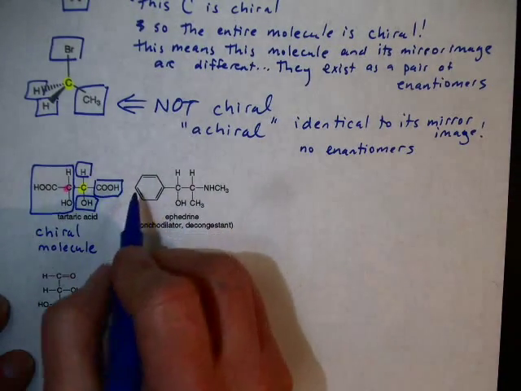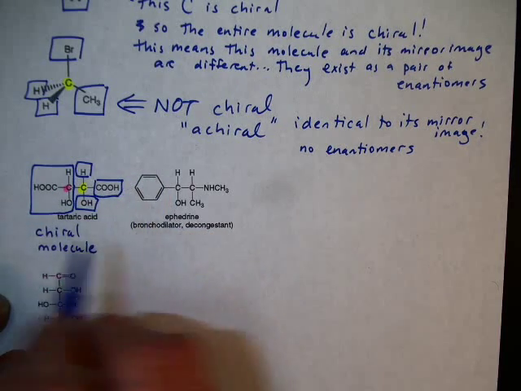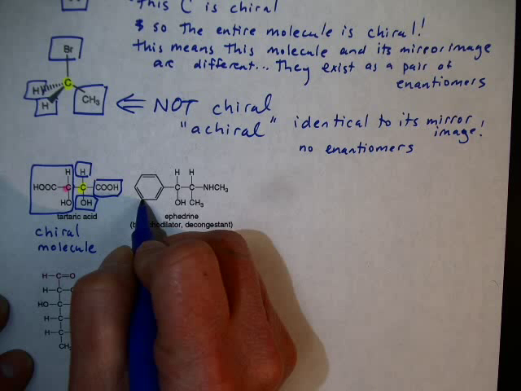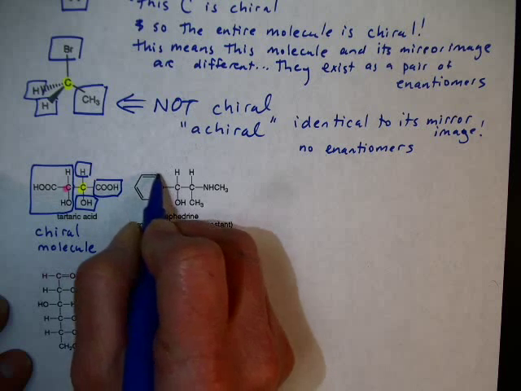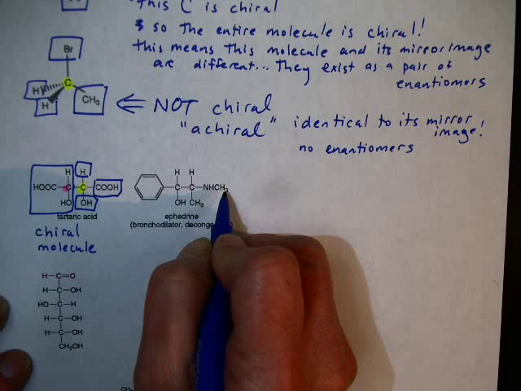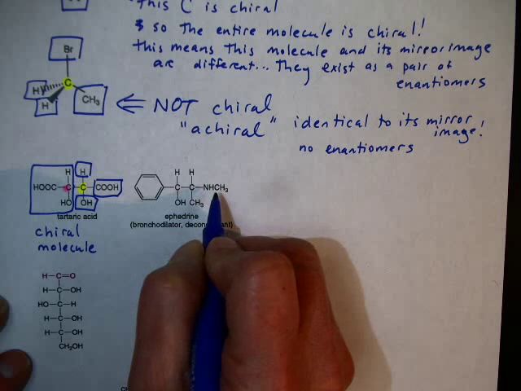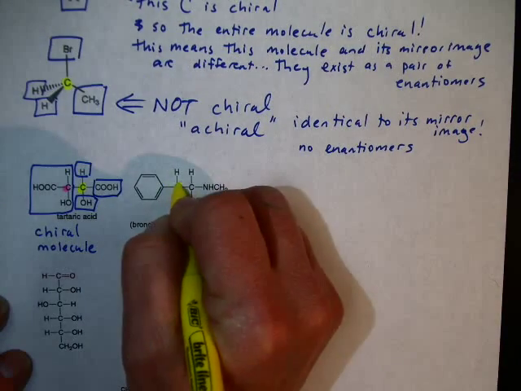How about here? None of these carbons are chiral. As soon as you see a double bond, it's over. That carbon cannot be chiral. When there's double bonds, that carbon cannot be chiral. And all these carbons have a double bond. When you have CH3 or CH2, that carbon's not chiral because the H's are the same as each other. So we're down to these last 2 carbons here.